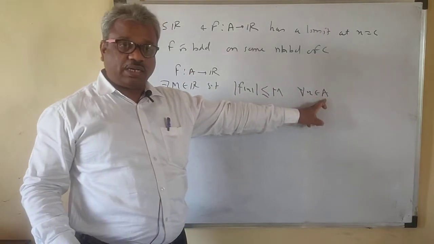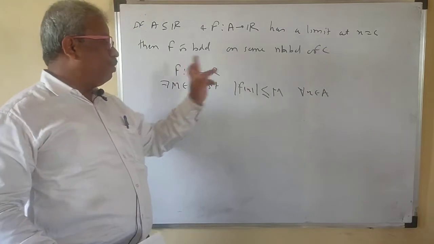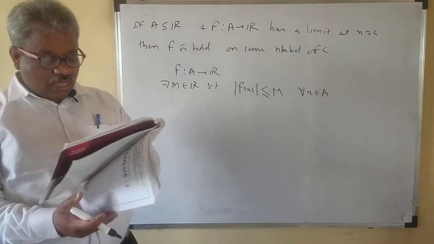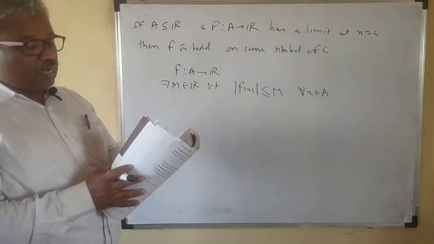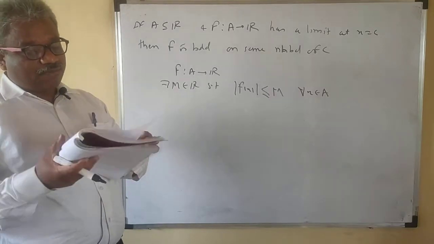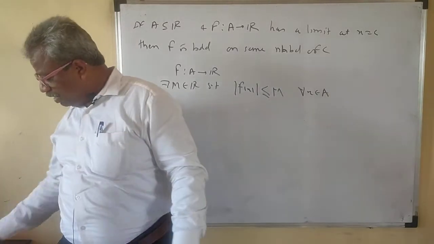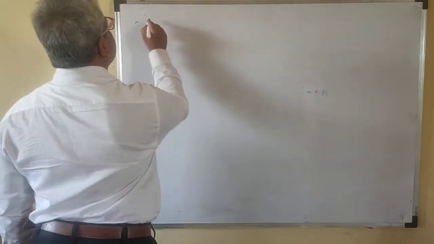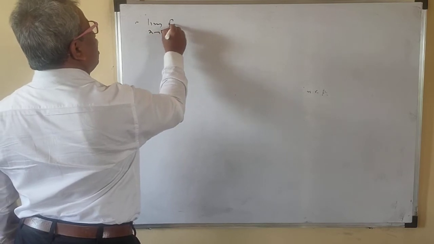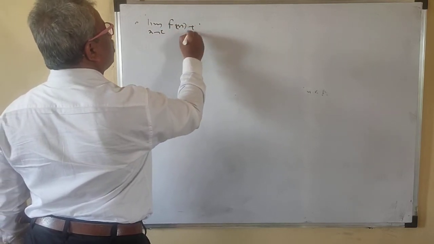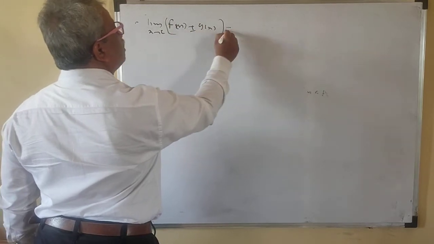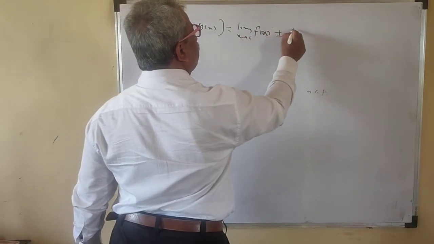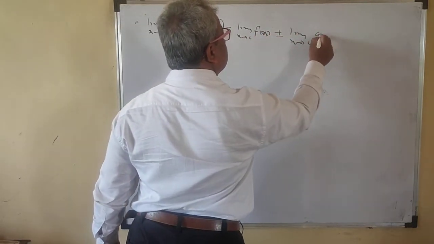So here they will give you R. Okay, R is not the domain of this one. Your domain is A here. So the function is bounded now. Okay, this is the definition of a bounded function. That means if the limit exists, then the function is bounded in the neighborhood of that point. Okay, so you are familiar with the algebra of limits. Limit of sum is sum of the limits. That means you have seen that the limit as x tends to C of f of x plus or minus g of x is equal to the limit as x tends to C of f of x plus or minus the limit as x tends to C of g of x.